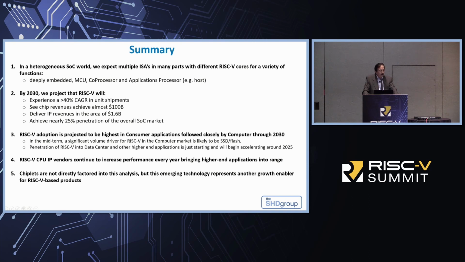By 2030, we project that RISC-V will experience greater than 40% compound annual growth rate for unit shipments, see chip revenues achieve almost $100 billion in total by 2030, deliver IP revenues in the area of about $1.6 billion, and achieve nearly a 25% penetration rate by unit volume